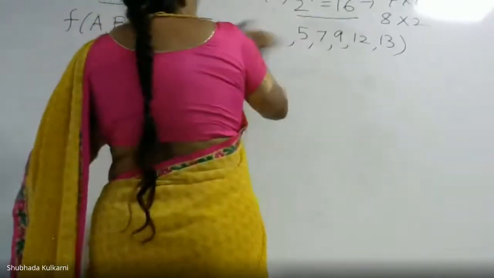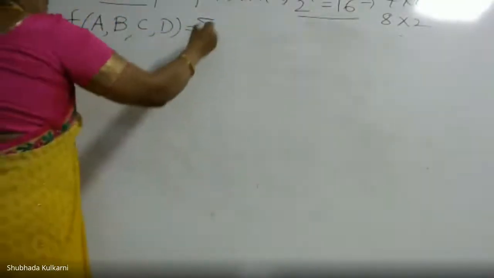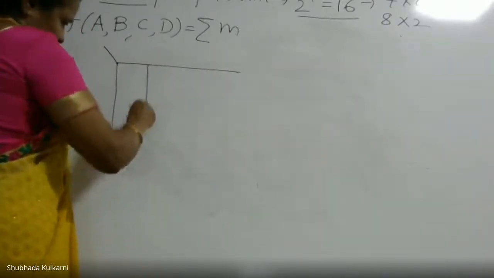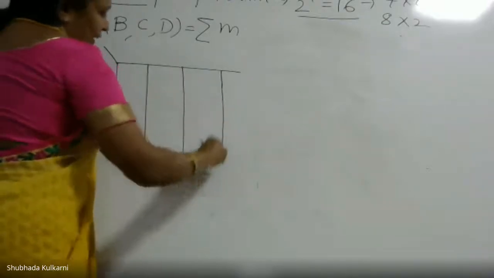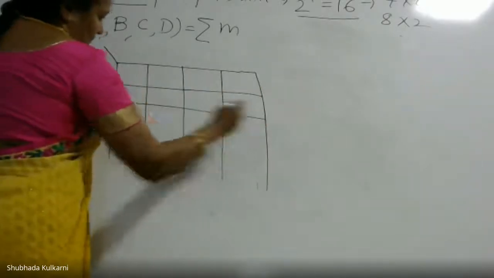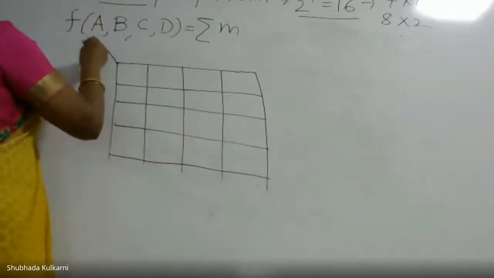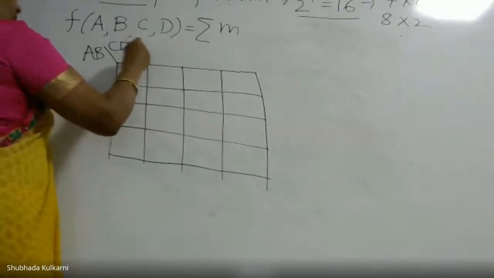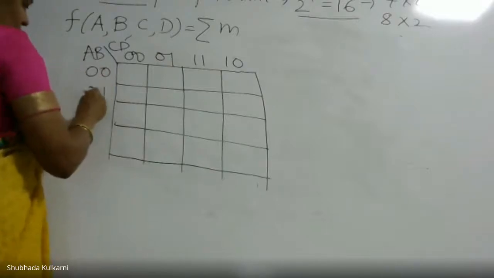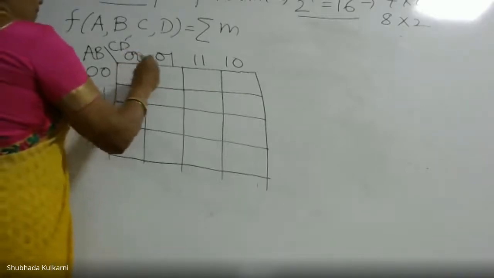And it is better to write 4 variables for practice. So even this part I am not writing, I am asking you to write. I will just draw the K-map and we will do a lot of combinations within the K-map as far as grouping is considered. This is AB, CD, 0, 0, 0, 1, 1, 1, 1, 0, and 0, 0, 0, 1, 1, 1, 1, 0. Now, I will take like this, 1, 1,